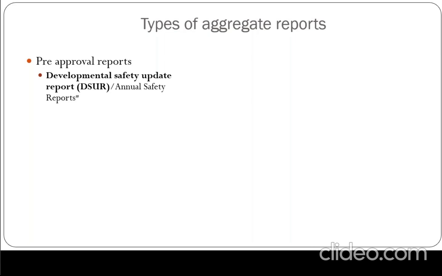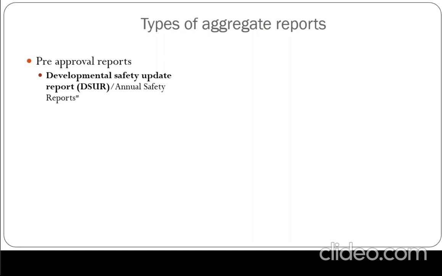So as we continue, the pre-approval reports, the DSUR, or the development safety update reports. These form a basic or fundamental milestone when it comes to reporting the safety in a clinical trial, and they also form a part of your approval.